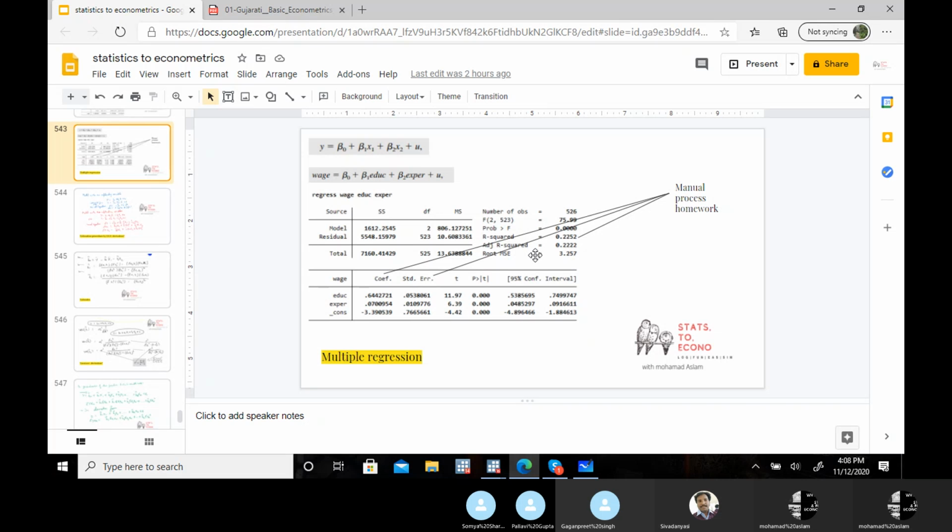Now, as I told you yesterday, today I'll also cover the overall significance of the model, that is the F ratio. So now coming to this particular part, here I'll explain degrees of freedom, and what this degree of freedom is. First,